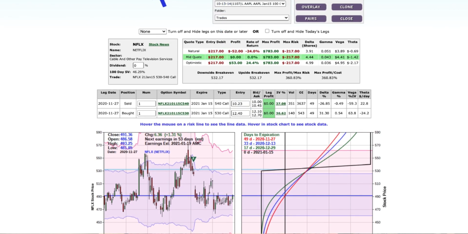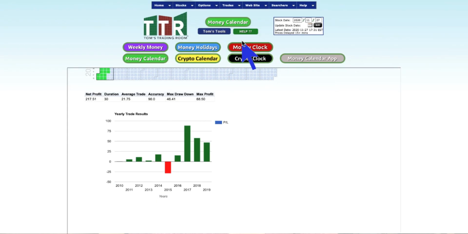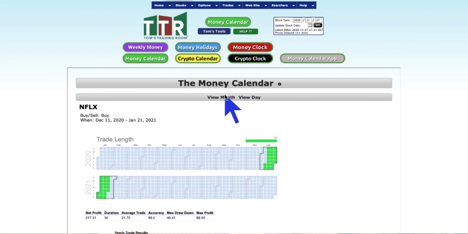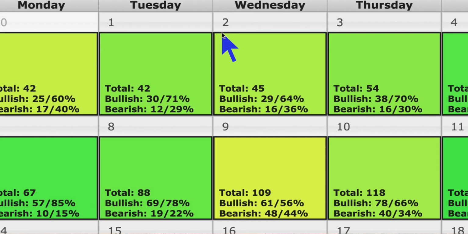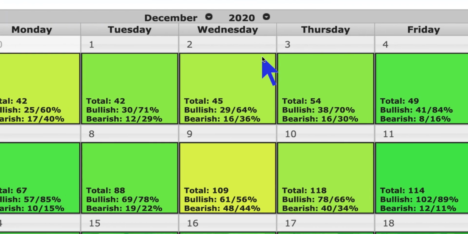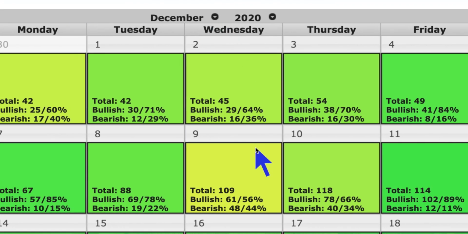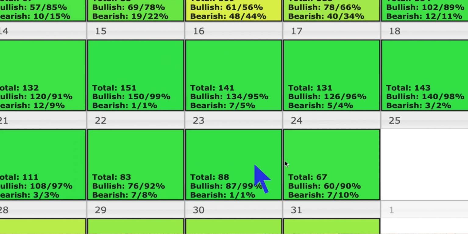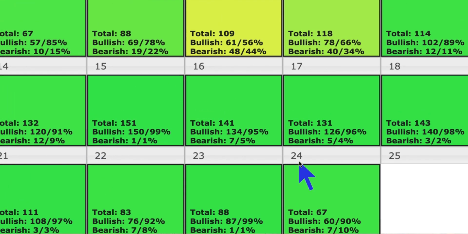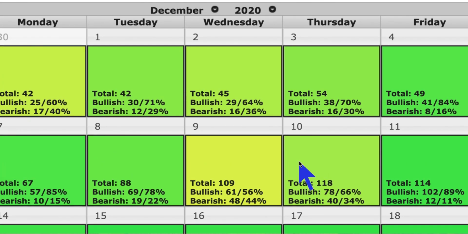So once again, when we look at the money calendar, I want to go back and show you the month one more time. What is the month telling us? The month is telling us that over the past 10 years, December has been a very good month for the stock market. As we see, it gets a little bit, 56 to 44 here on December 9th, 64 to 36 on December 2nd. But then as we get into the rest of the year, things look really bullish coming through to the Christmas holiday. So December is very bullish, number one. All right, what I want to do is look at the trends in the market. Well, they're up as well.